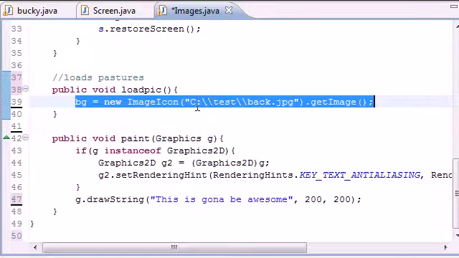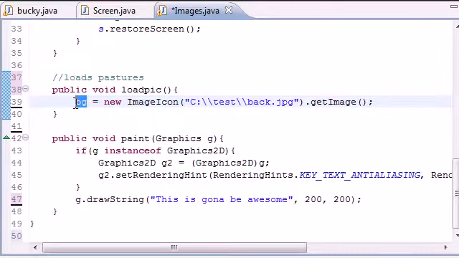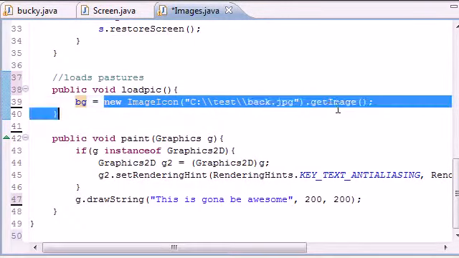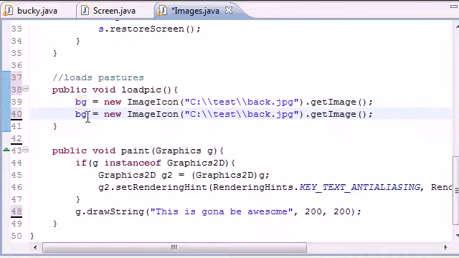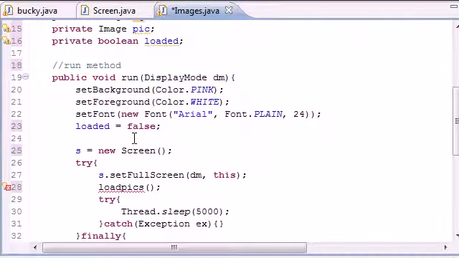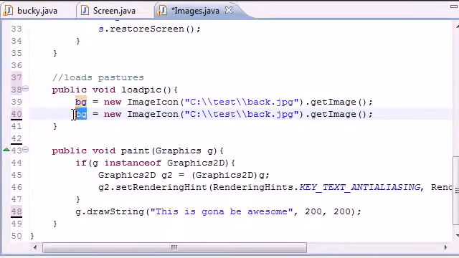So now we have our background image loaded into the variable bg. So anytime we do anything with bg, it's this image. I mean, come on, do you really want to type that every single time you use the background image? I don't. So next, let's go ahead. What did I name my other variable? Pic, right there. So we'll set pic equal to new ImageIcon test, and this is actually